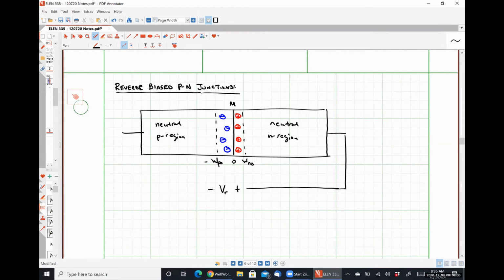I'm saying VR for reverse bias. So in this case, VR would be considered a positive voltage quantity. And we are just flipping the polarity so that the positive polarity terminal is connected to the N region and the negative polarity terminal is connected